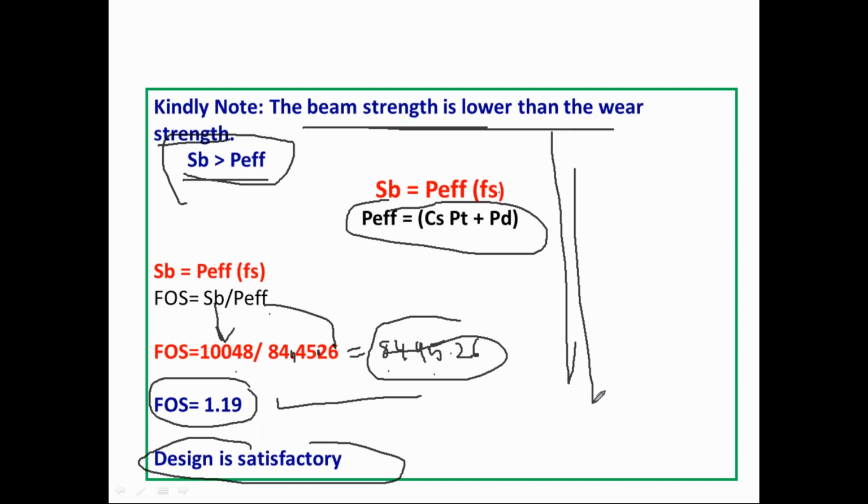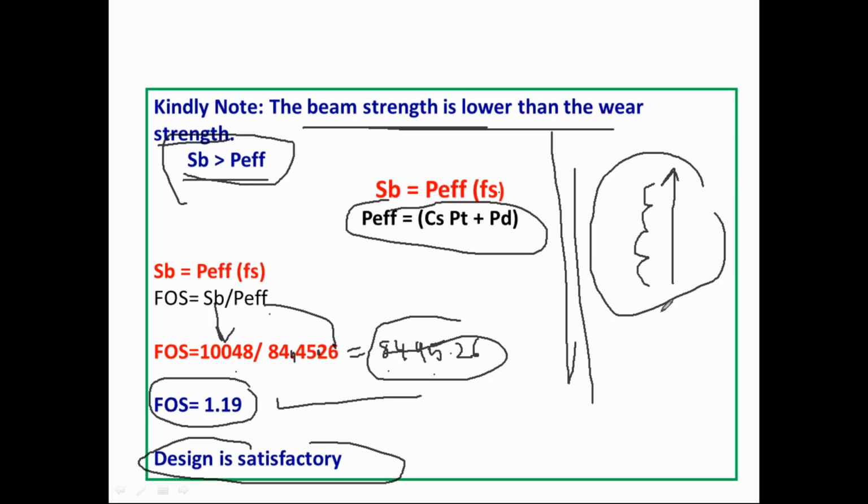So what is your comment? By using grade 8 manufacturing, it is going to fail against the dynamic load by using Buckingham's equation in precise calculation. That's why to have a satisfactory design, you have to go for a finer grade, from grade 8 to grade 7 or grade 6 or grade 5 or 4.